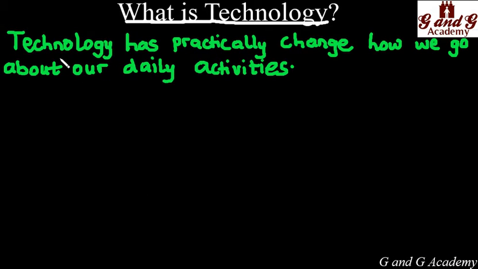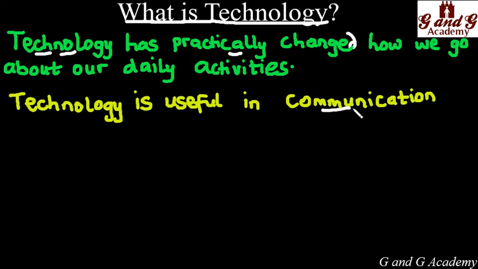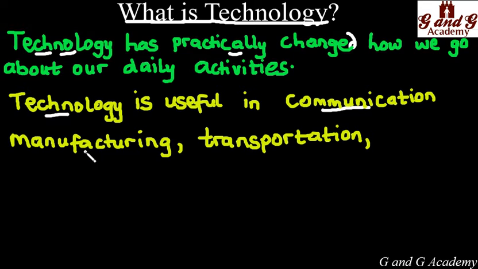Now, I want you to understand that technology has practically changed how we go about our daily activities. You can see from the ancient days to these modern days that the way we live has practically been changed by what? By technology. This technology is very useful in communication. You don't need to burn wood, and you don't need to depend on smoke before you communicate with people around you any longer. You can send a WhatsApp message, you can send an email, you can communicate through your phone. Are you getting what we are trying to say? And all these are made possible by what? Technology.